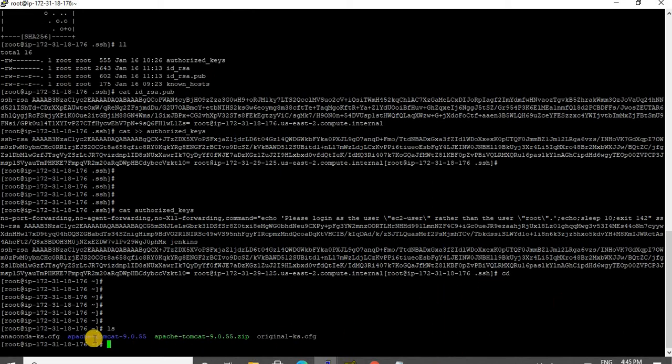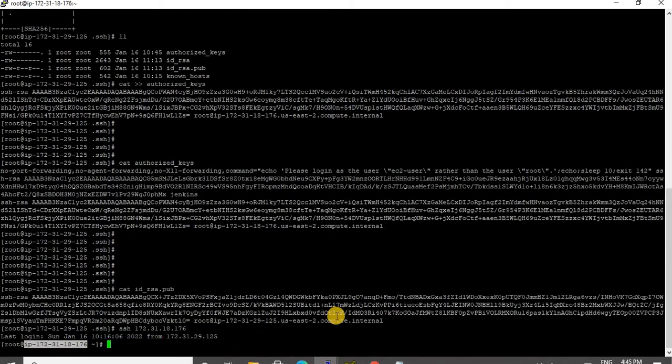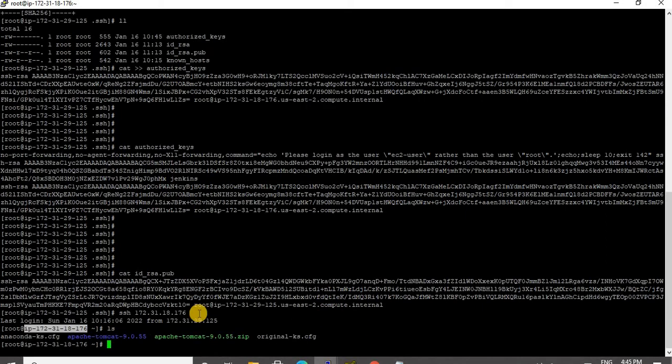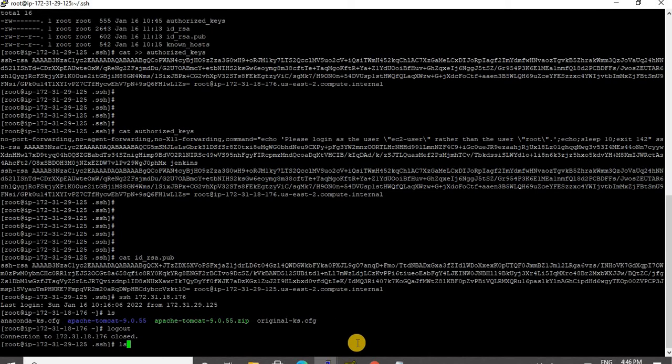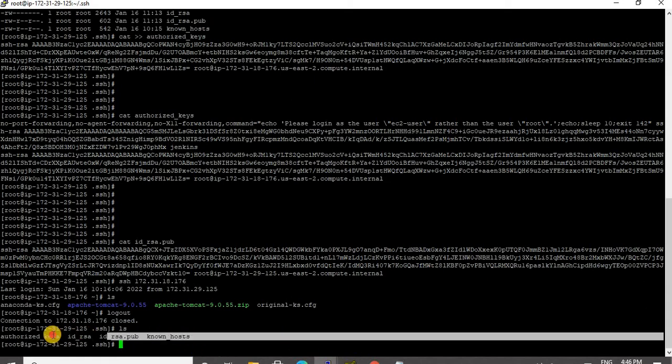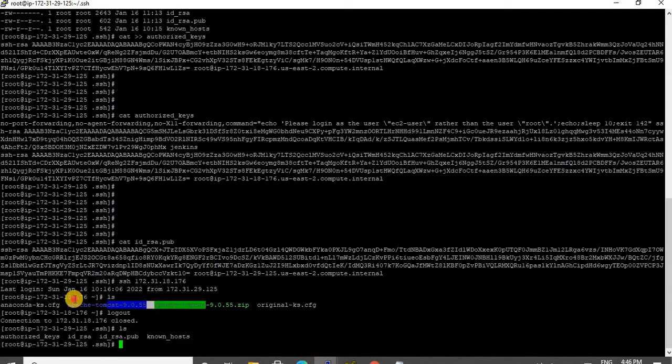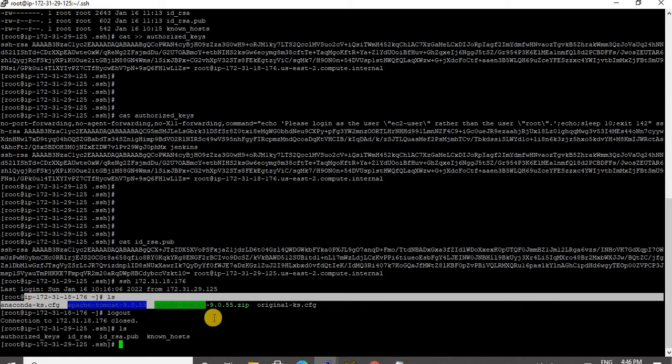These are the 4 files we have on the slave. Just do logout and do the ls again. Now the files are different, because these files are on master and these files are on slave. Hope you understood the concept, guys.